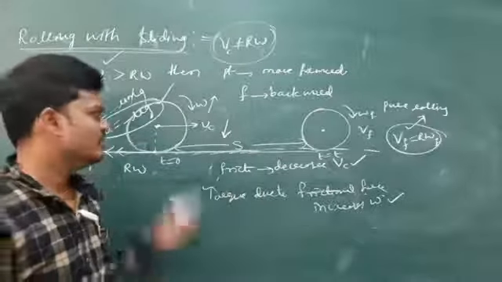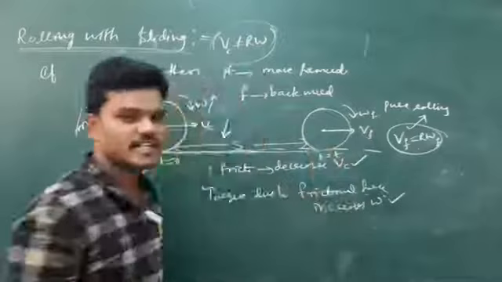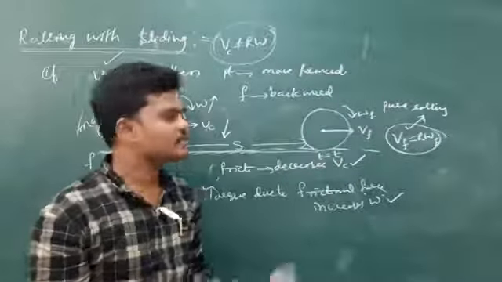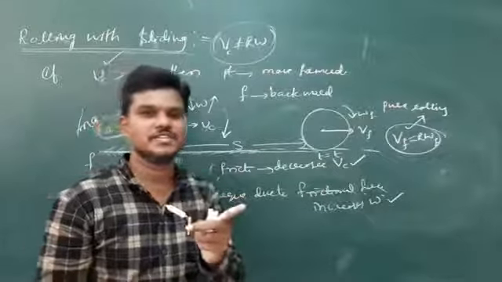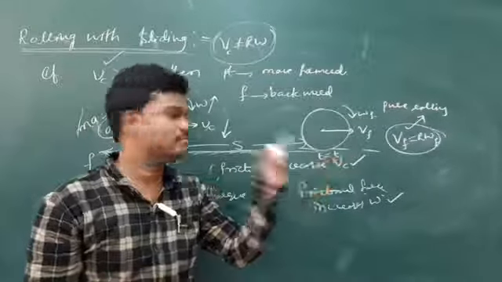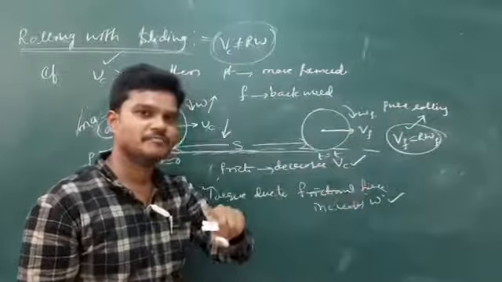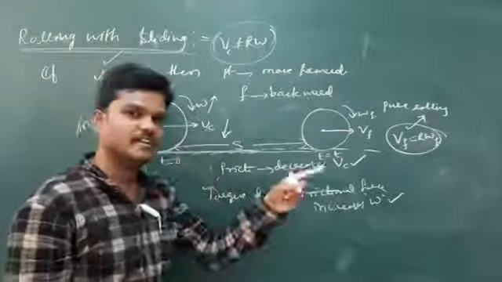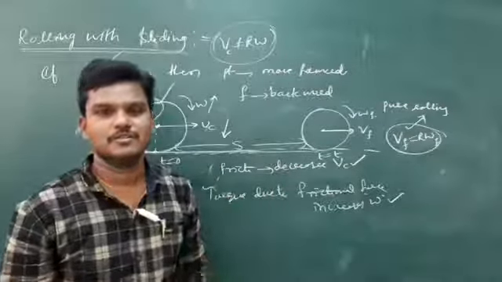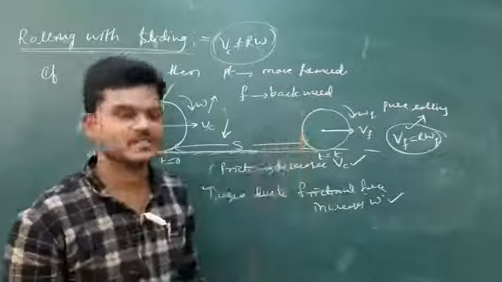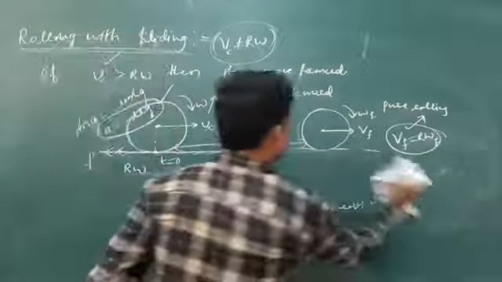Impulse means there are two types of motions. One is translatory motion, so you apply translational impulse, linear momentum. The other one is rotational motion, you apply angular momentum. So if you apply the two equations, one linear momentum equation at time t equal to 0 and at time t equal to t, and one angular momentum equation at starting and ending, you will get two equations. Solve those two equations, you will get the answers, time and all the things. Otherwise, let me write one step, that's better.